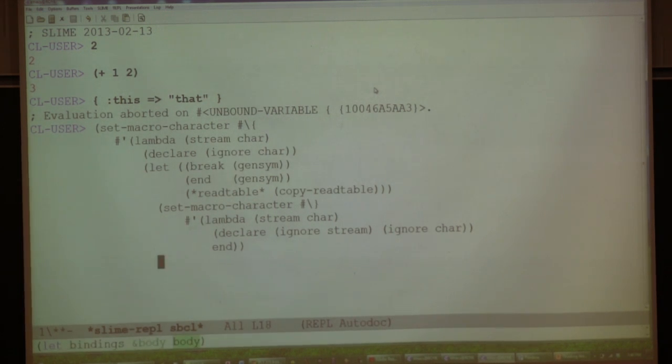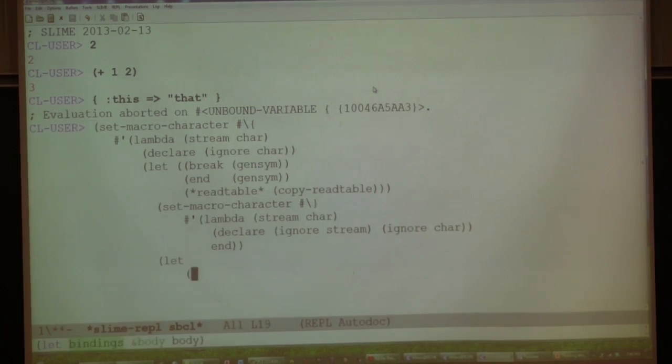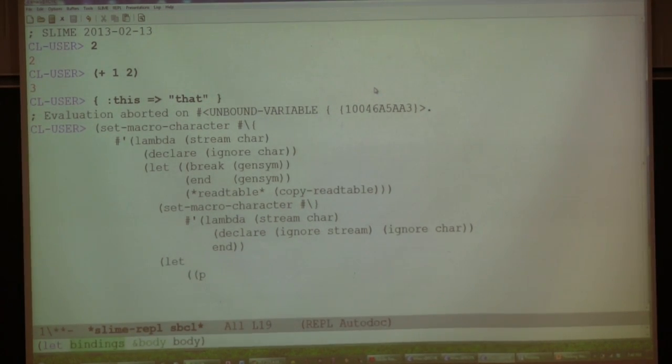Basic plan is start at the curly brace, read things until you get to the end curly brace. Then we start processing the actual source code of whatever program you're going to run right now. So this is sort of like the preprocessor macros in C++, except it's written in Lisp, and you can do it at runtime.